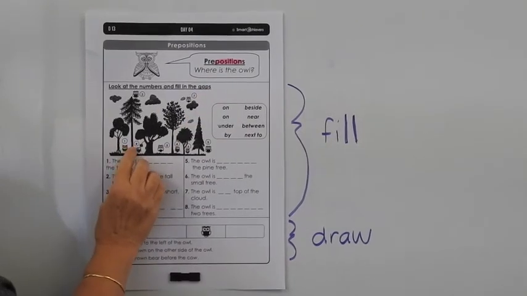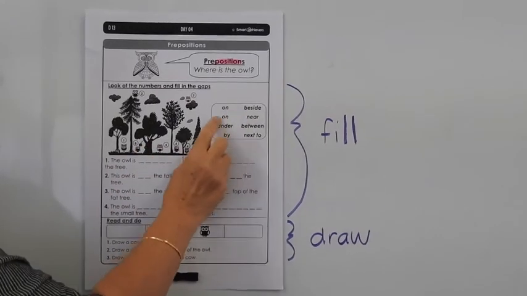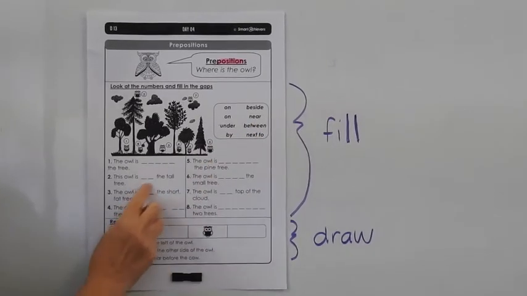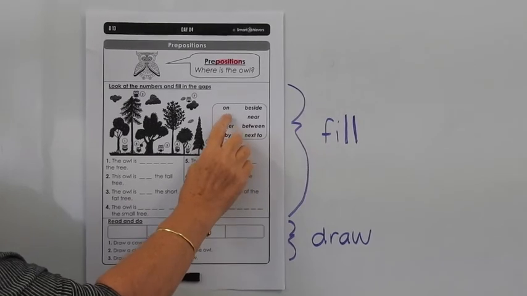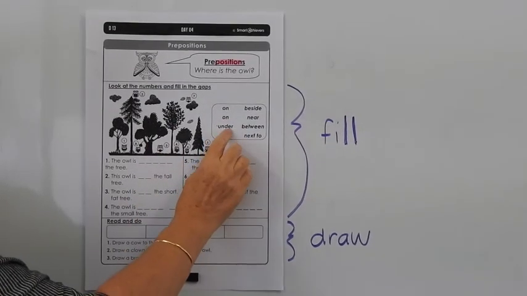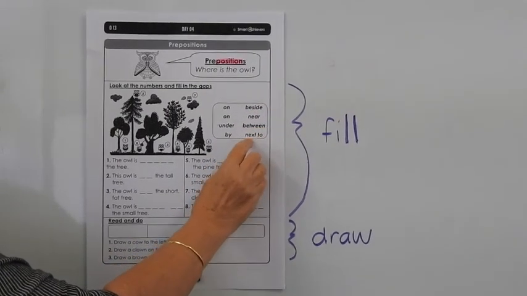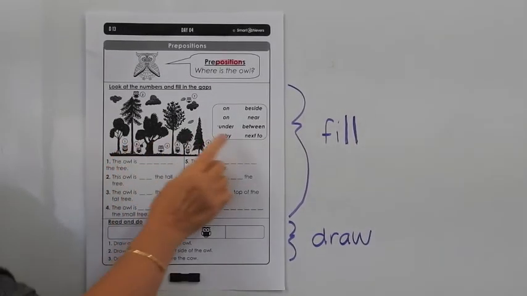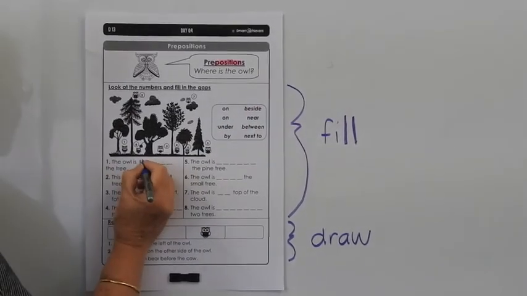So we've got little owls all through this forest and they're numbered. Over here we've got some words that you're going to use. These are prepositions that we're going to use to fill in and finish these sentences. So we've got on, we've got on twice because we need it twice, under, by, beside, near, between, next to. So the owl is something the tree, number one owl, has to be one of these words. I think it might be under. If we write it in